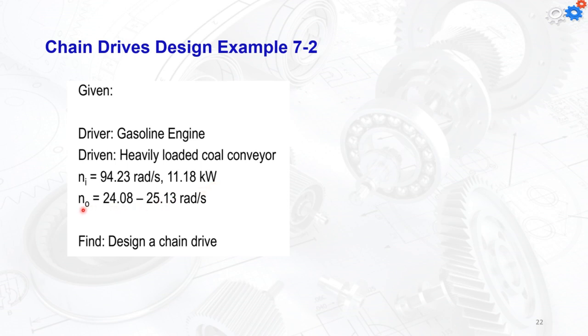And the range of the output omega is going to be anything between 24.0 and 25.13 radian per second. So we should design something that has the output within these 2 numbers. Find the design of the chain drive. Okay, so this will be covered in the next